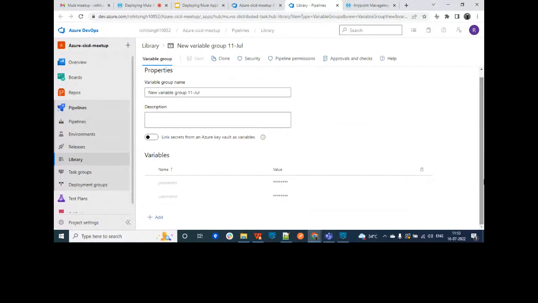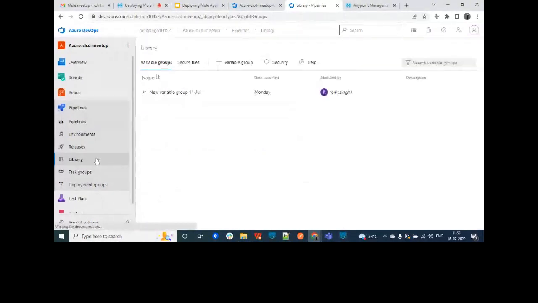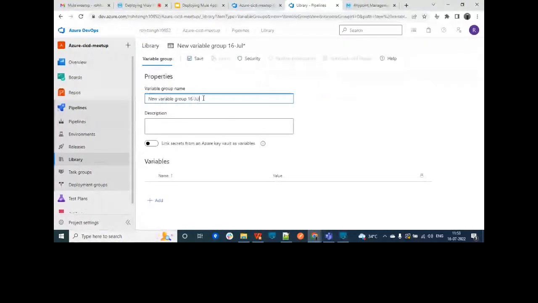So if you want to create any masked value or confidential value, you need to click on the library, just click on the variable group and create your variable group. Click on add. For example, if I want to give username, I will give username and the value, and I will mask it so that no one can see it. So for example, if I have created this,